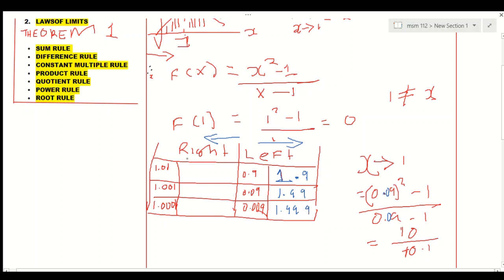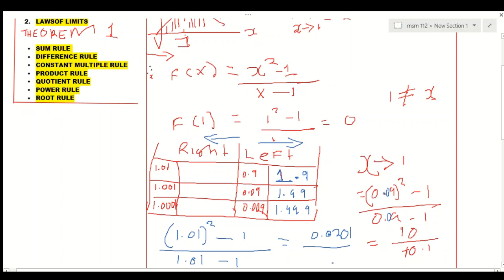Okay, let's do it from the right hand side. So from the right hand side, when you put 1.01 in the function, squared minus 1 over 1.01 minus 1, the answer will be equal to this. Let's say 1.01 squared minus 1, the answer is 0.0201